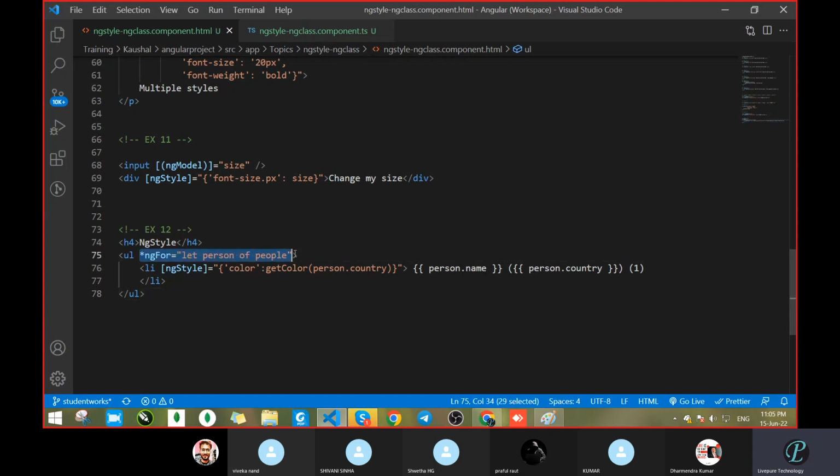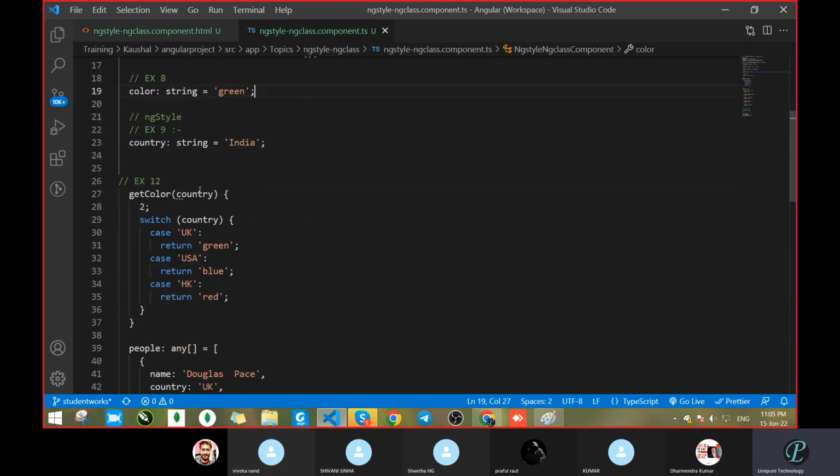See that ngFor is there, then NgStyle, here we added something, then getColor, it is calling the method, we are passing the country name, and we are binding that data. Then come to the TypeScript page, there is the method getColor, here inside a switch case, and then the switch case, what is this to,